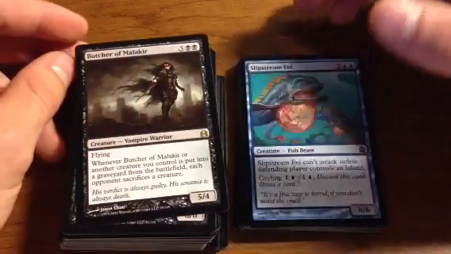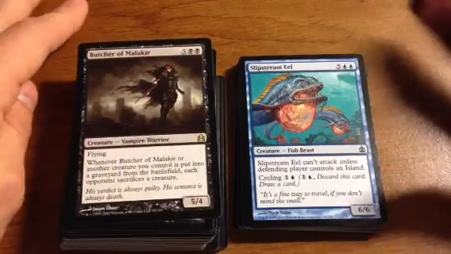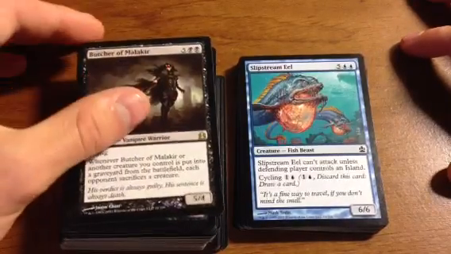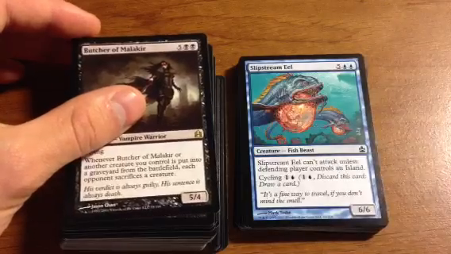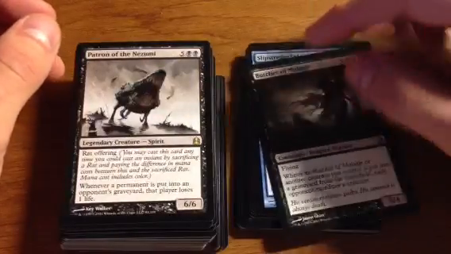Butcher of Malakir. This guy's pretty good. 7 mana for a 5/4 flyer. Whenever he or another creature you control is put into a graveyard from the battlefield, each opponent sacrifices a creature. Very nice. Patron of the